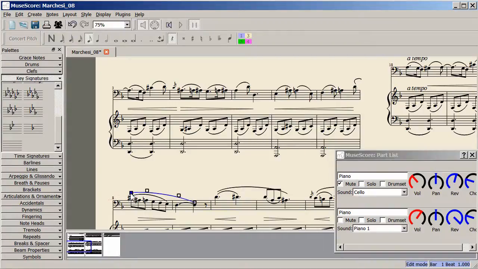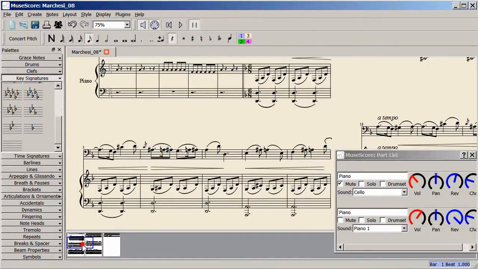It's usually a point and click maneuver, but that's something you'll want to read about. Here's a slightly more not so obvious problem. We have some problems with enharmonic spellings that have happened because of our conversion from C minor to D minor. These A sharps really should be B flats in D minor, and what I can do is I can just